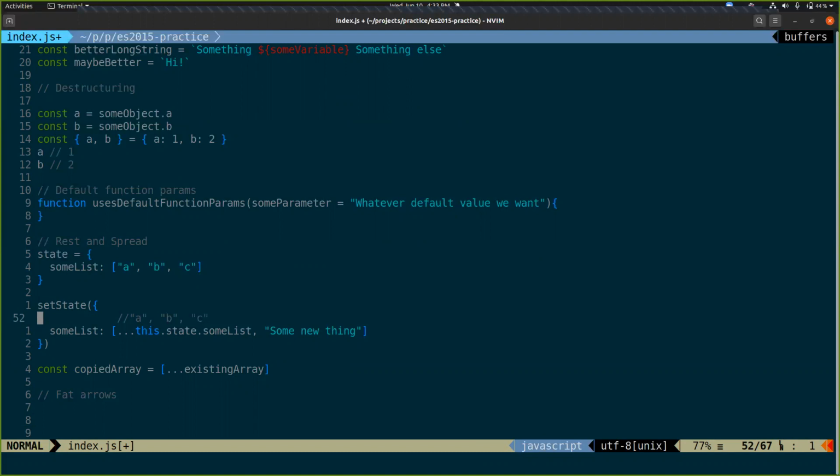So that's why you pretty much have to do this. This replaces push. It's the exact same thing as this.state.someList.push some new thing, except it doesn't actually change some list directly.